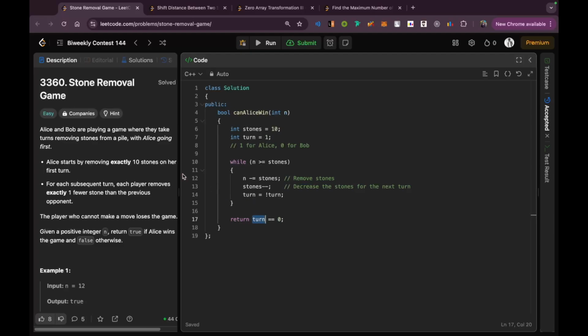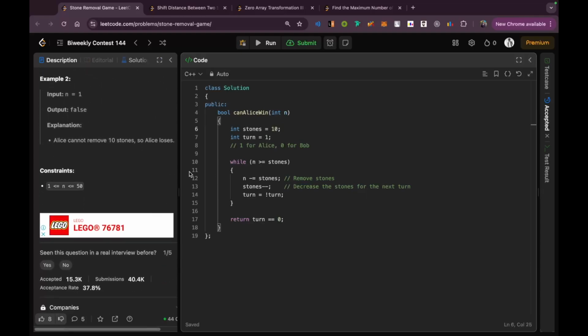So very, very simple problem. Now, what about the time complexity? So in the worst case, you're starting off with n equals 50 stones, and then you're removing 10, then 9, then 8, then 7, then 6, and so on. If you quickly calculate this on your calculator or by pen and pencil, you will